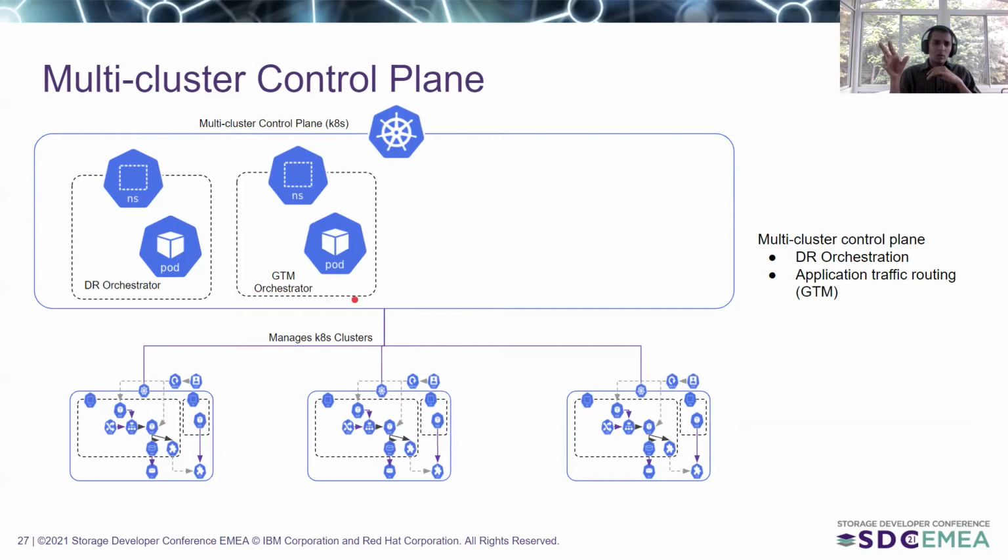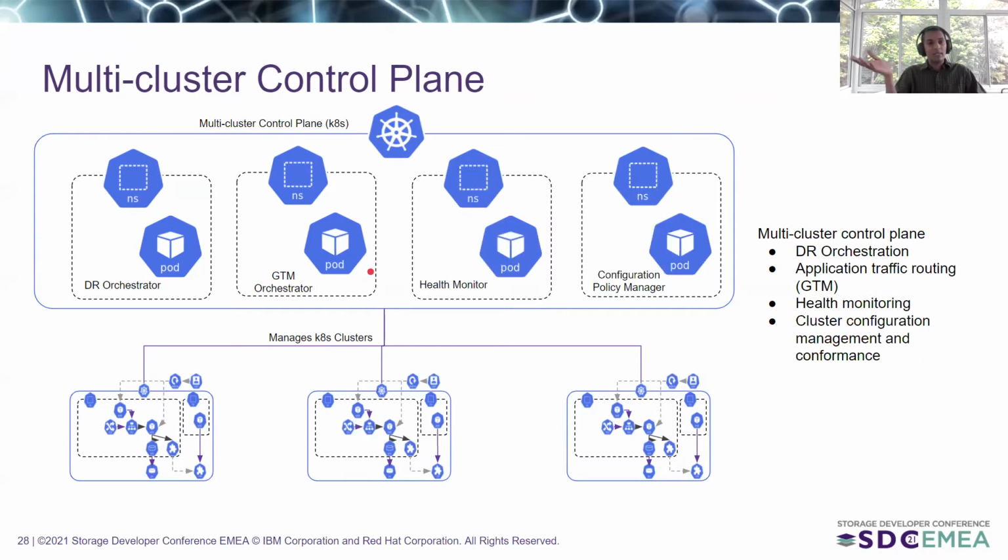We always looked at the global traffic manager as a service which lies outside the Kubernetes clusters, and needed to be managed separately or outside of the Kubernetes clusters in that sense. So again, the multi-cluster control plane provides a nice layer for us to have a GTM orchestrator, which can orchestrate where the global route should be routed to, rerouted to. Maybe the DR orchestrator itself can manage the GTM custom resources to reroute application routes, and so on and so forth,